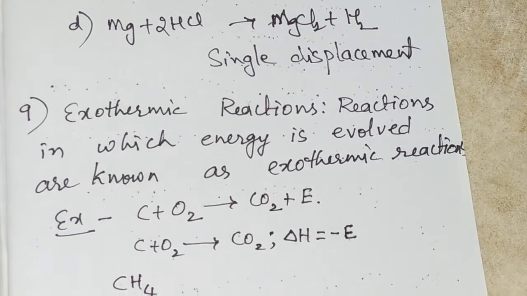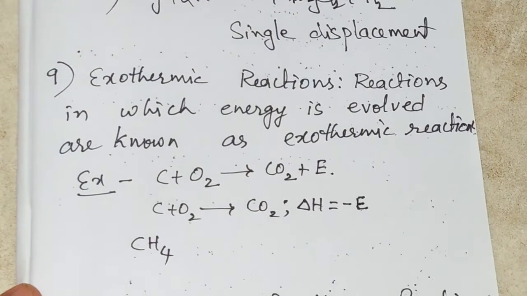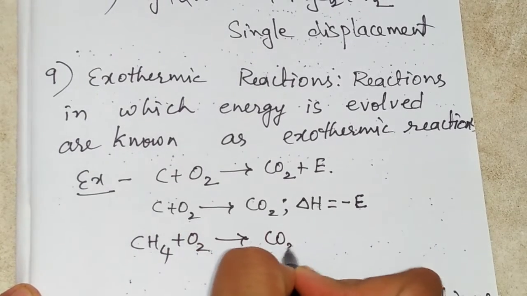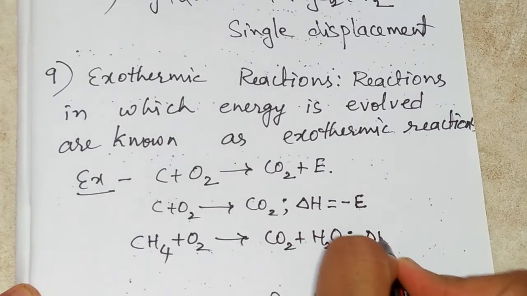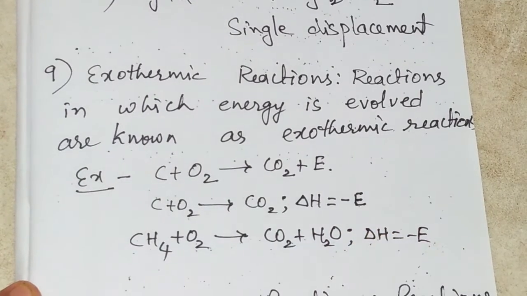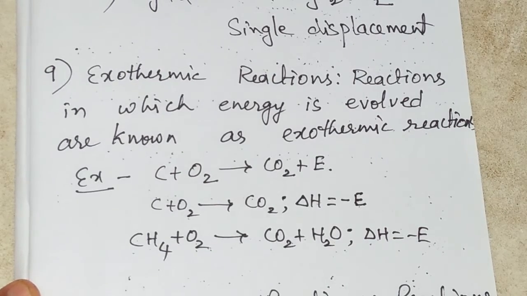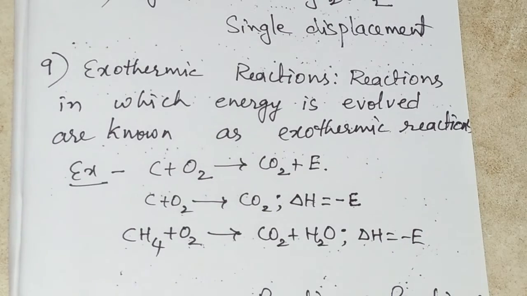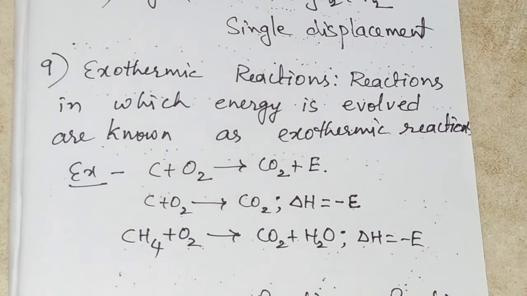I am taking here methane gas. You know already the formula for methane gas is CH4. It reacts with the oxygen and forms carbon dioxide, along with that water also. And here also energy is produced out. Plus energy we can write separately. If you want to write that energy, we can write delta H is equal to, in negative sign we have to write, because it is energy of the products minus energy of the reactants. Energy of the products is less compared to the energy of the reactants. That is why we will write minus.